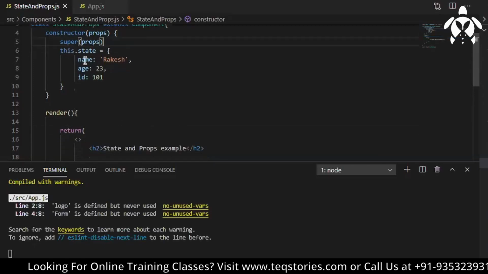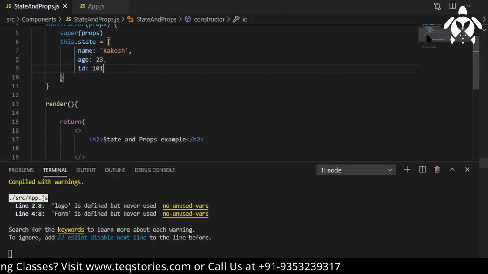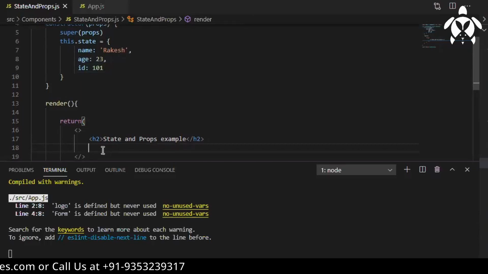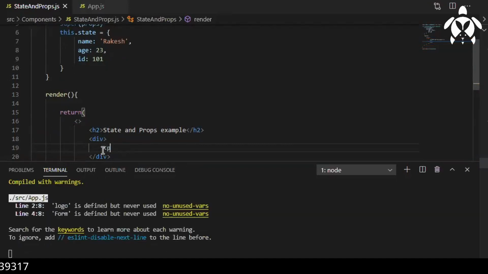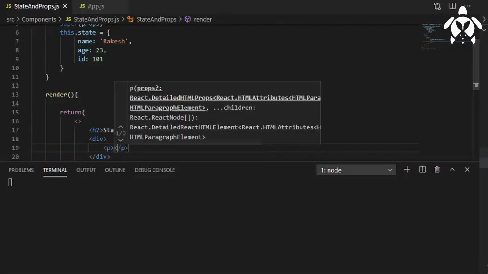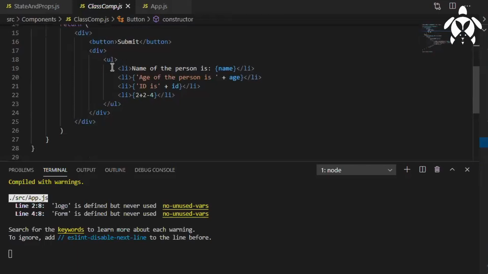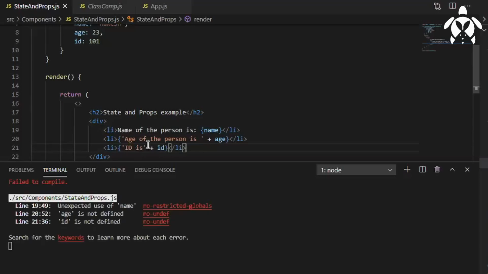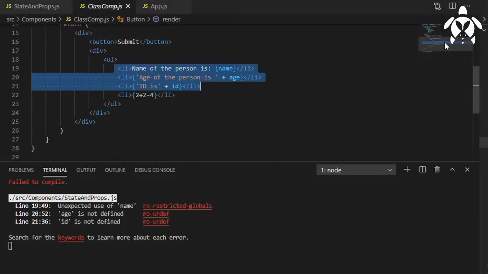So now what will we do is, as we have got the state, which is internally an object, first we'll bind them. So let's have a div, and inside that, let's say a paragraph. I think we have done this earlier also in class components. So let me just copy and paste them. I'll show you later on with an array of objects also. First learn with a single object, then we'll see an array of objects also. Okay, and I'll also have to destructure it, right? Because I'm directly using them.